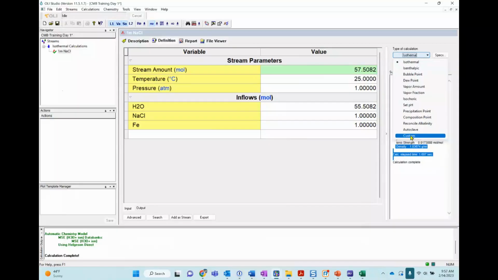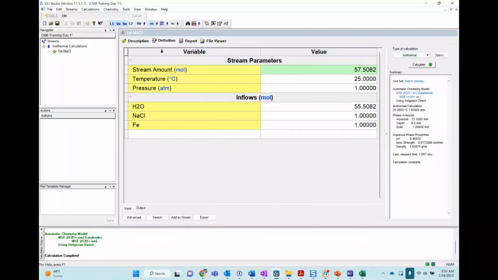I use it a lot, for example, to understand the solubility of a gas in water or in a brine. I use it a lot for that. So you can set up your own. Okay. So once you calculated this isothermal 1 molar sodium chloride and 1 molar iron, you can analyze the results